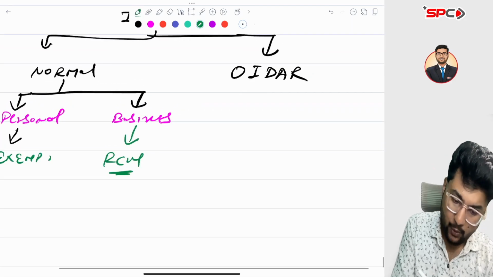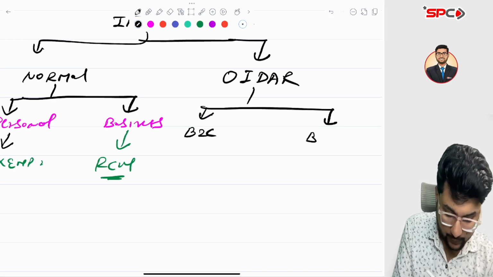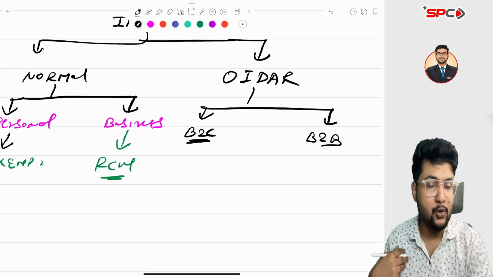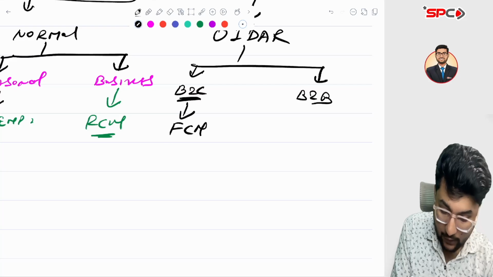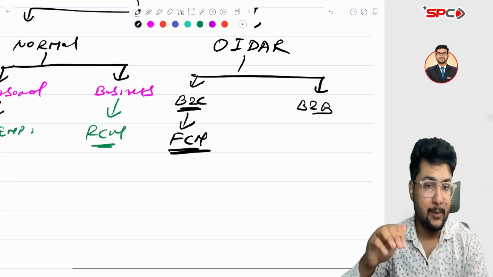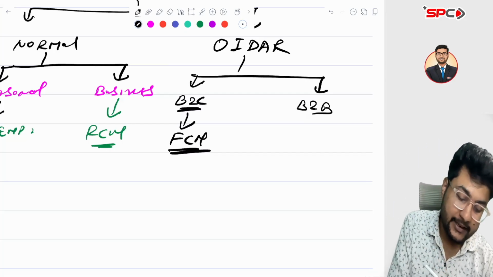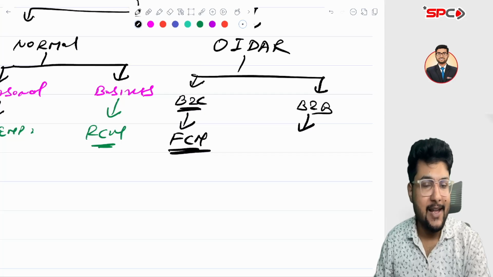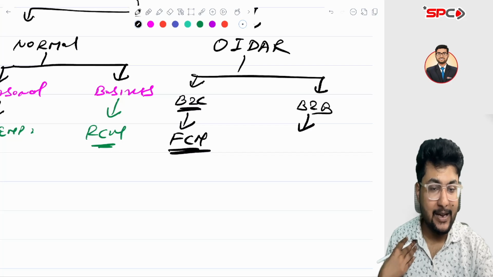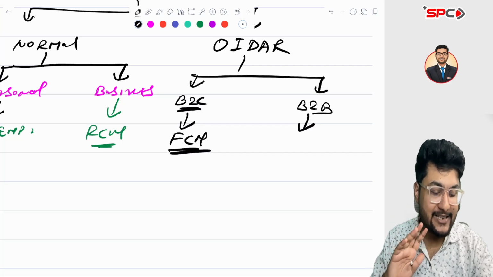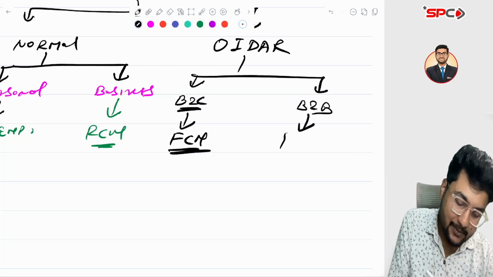Same in OIDAR services. These are B2C and B2B. B2C means, for example, you have taken a Netflix subscription. In that case, FCM will apply and the overseas supplier will pay the tax, since it's an import and the supplier is overseas, like Netflix or Google. But if you have taken B2B, like I have run some ads for my IDT class, since I am a registered person and I entered the GST number while making the ads payment, it is a B2B service and RCM will apply.